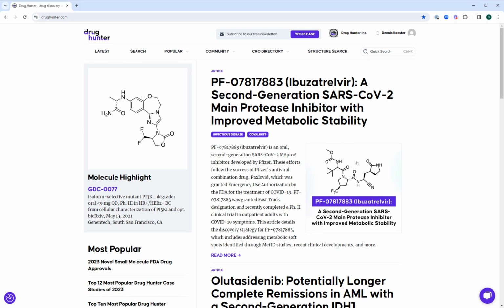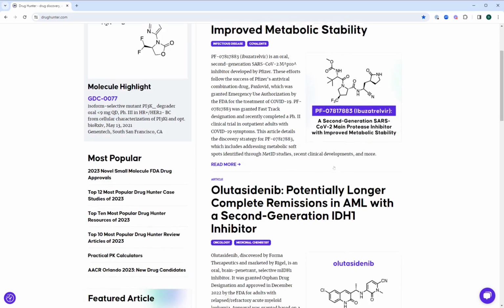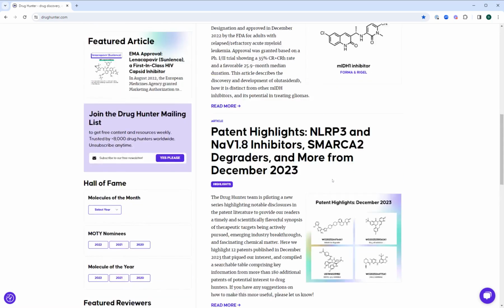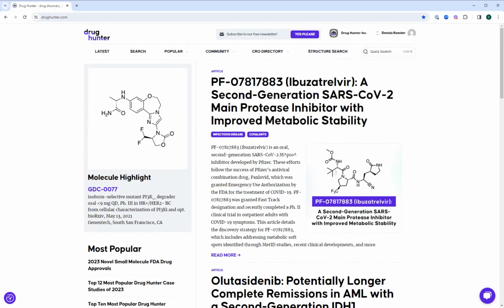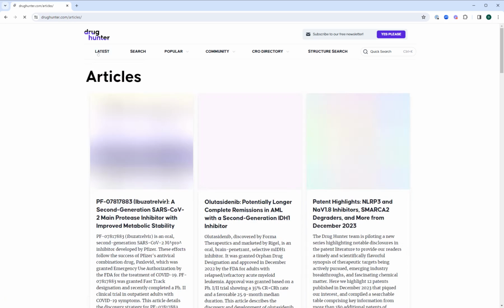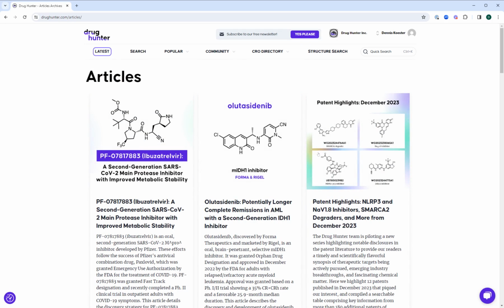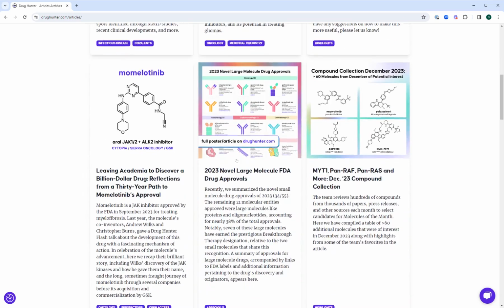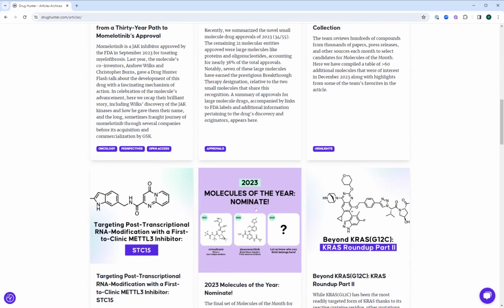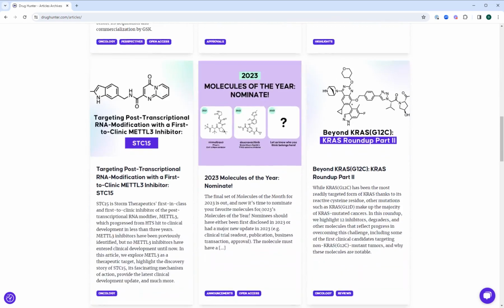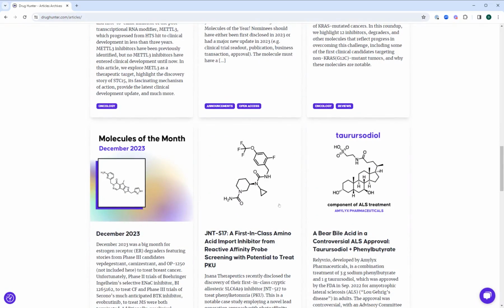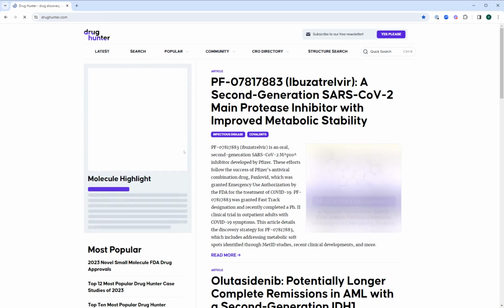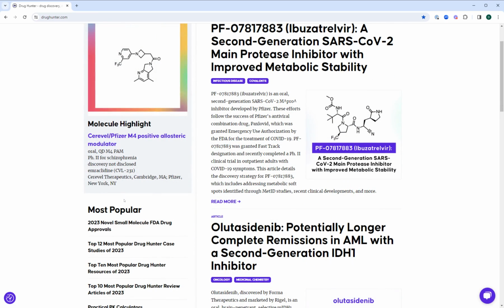On the right-hand side here is our homepage, so you will see some of the recent articles that we've published from different categories, and I will walk you through each of these categories momentarily. You can also click on this latest tab here where we have a beautiful card overview, so you can have a better overview in a different browsing format to quickly see what's important and what you need to pay attention to.